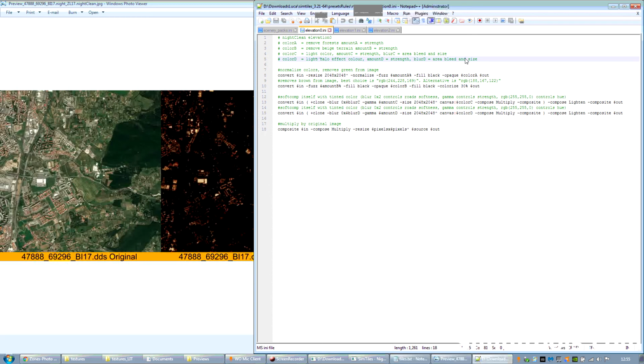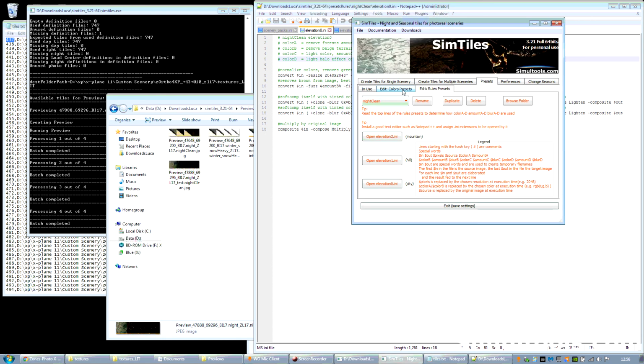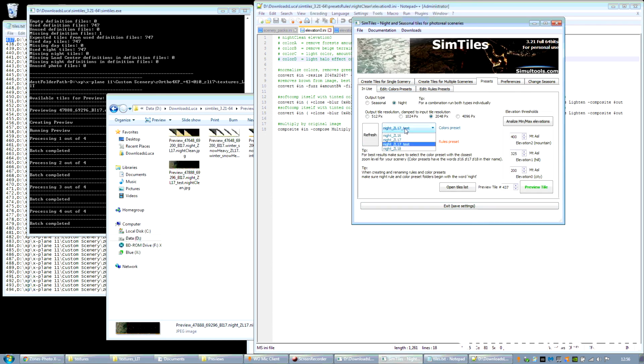And so back to the preview. I digressed a bit. Where are we? There you go. So what happened was we just changed the color preset, and